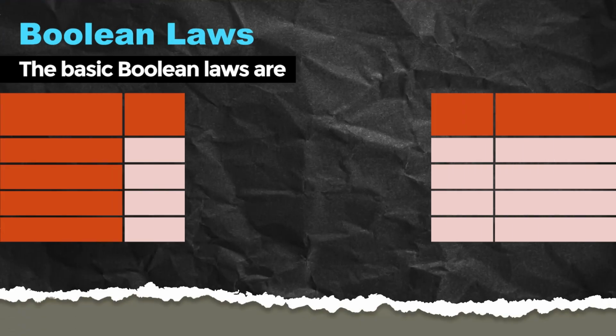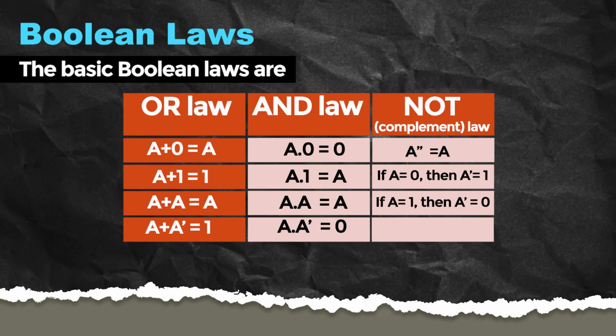So, we will first start with the Boolean laws. The basic Boolean laws are the OR law, the AND law, and the NOT law, or we call it the complement law. So, we will start with the second row, A plus 0 is equal to A. The variable A can have two logic values, that is yes or no, or true or false, or we say 1 or 0. So, we know that A plus 0 is equal to A, where plus is the operator,